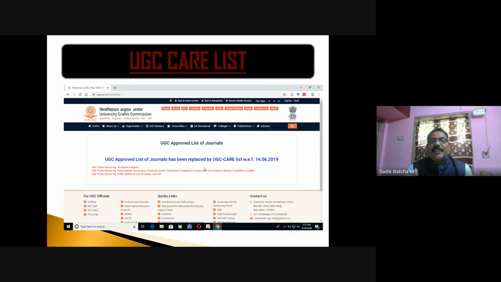which has been created by the Savitribai Phule University, right? So here we should not confuse it with databases like Web of Science and Scopus. The UGC CARE list is not a database, it is an aggregator. So in the UGC CARE list, I will show you what happens when you go to it,